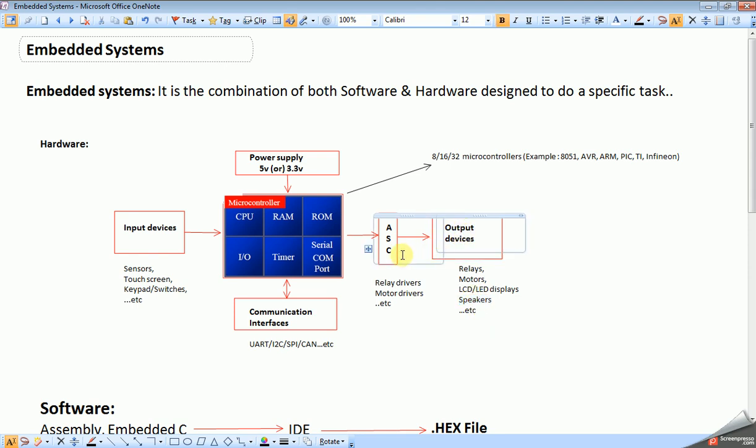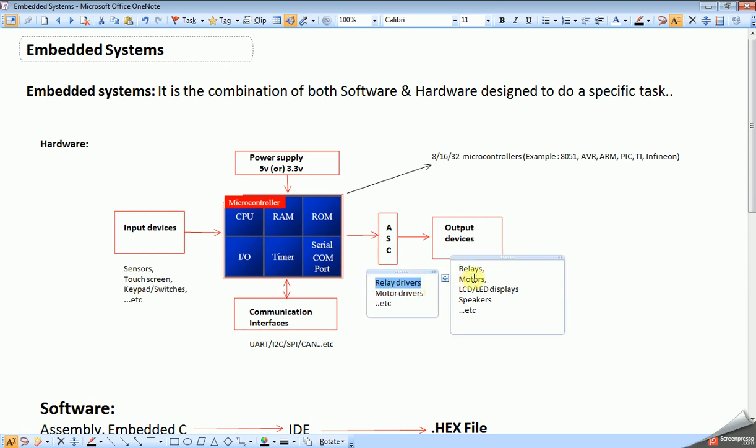And there is application specific circuitry required in order to interface any input, output or communication interface. Application specific circuitry means, for example, relay drivers, motor drivers, etc. If you want to interface a relay, we need a relay driver.